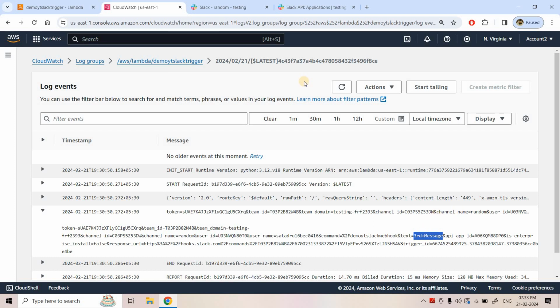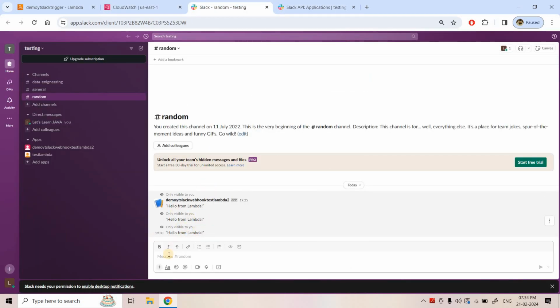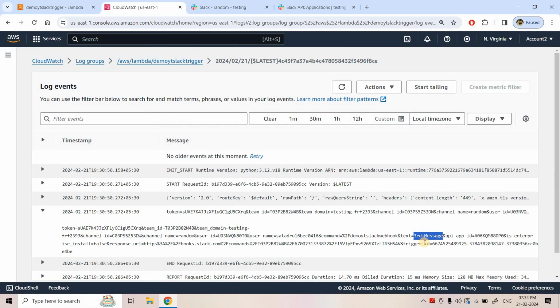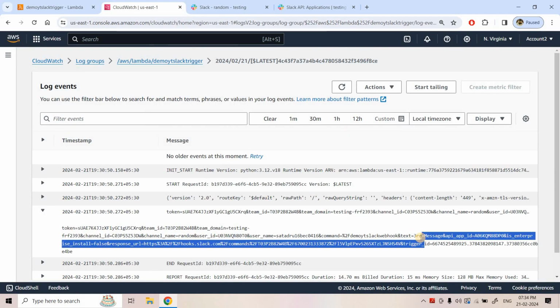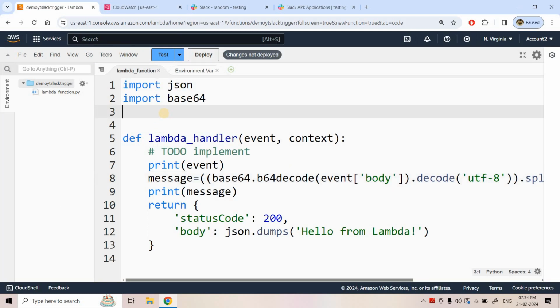Okay, now here if you see, I have passed third message with a space, but when the message came, it came with a plus symbol. So it is nothing but a URL encoded format it is sending, right? So we need to decode that. For that we are going to use the urllib module. So here I can import that: from urllib.parse import